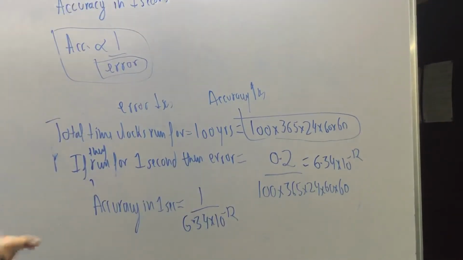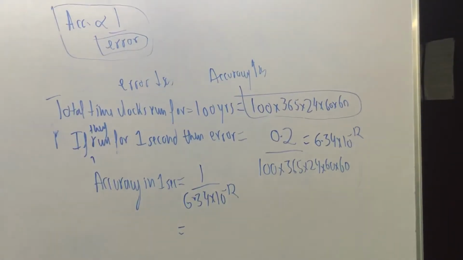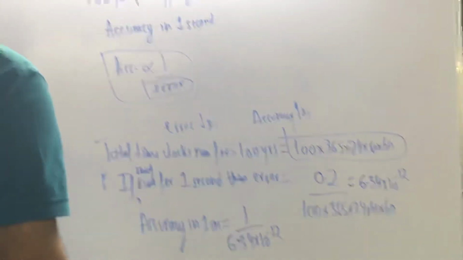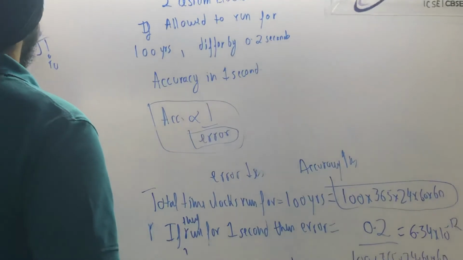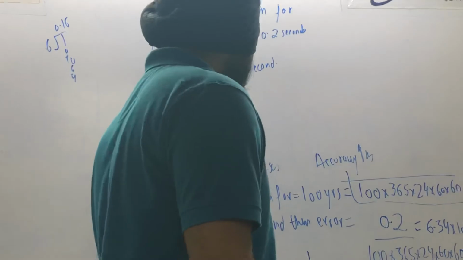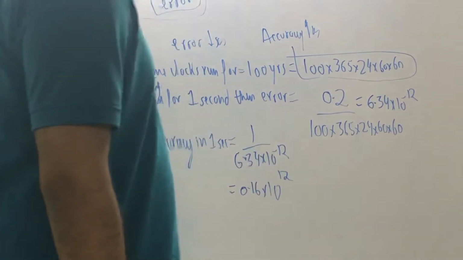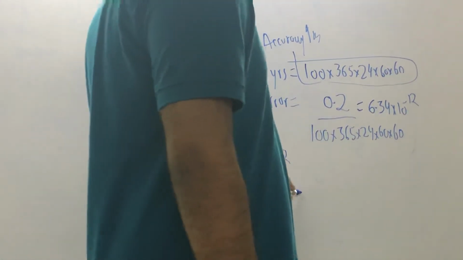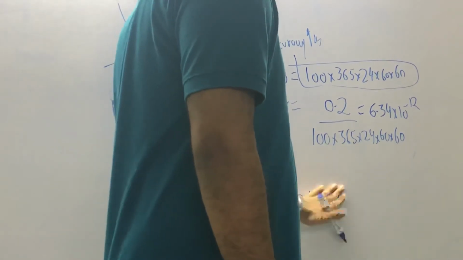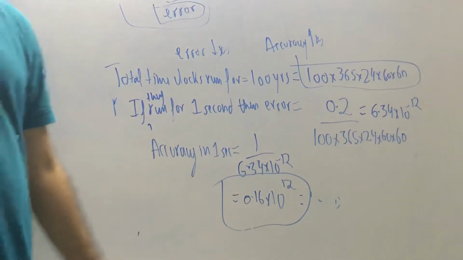Okay, so in other words, what will be the accuracy? 1 upon 6.34, basically it comes out to be 0.16 into 10 raised to the power 12. The accuracy is 0.16 into 10 raised